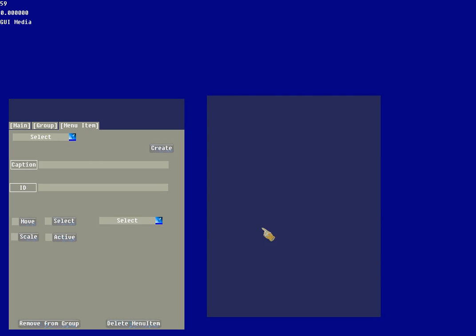Next thing you need to do is put something on the group. This drop down has a list of the different menu item types. System menu does not have any functionality. I haven't found any games that use a system menu that I would play, so I just didn't put the functionality in there. If you want to put it in there, you can put it in there. I have some prototypes in the header file, but let's just create a button,